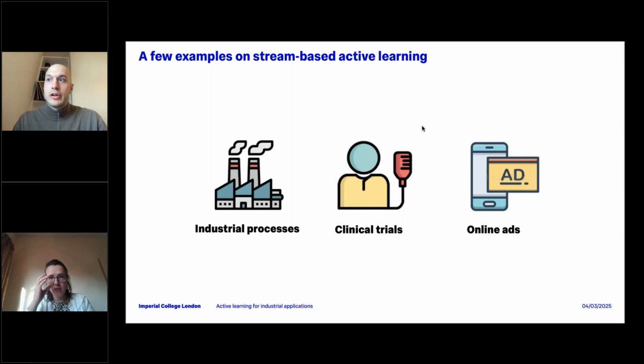And also in online ads, for example, if we are clicking on a video or opening a YouTube video, we might want to offer a beta version of an app only to a certain number of people. We decide when somebody is opening up a video: do we want to offer this user, with these characteristics, the beta version, or do we want to offer it to another one?